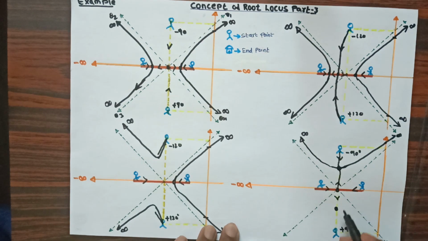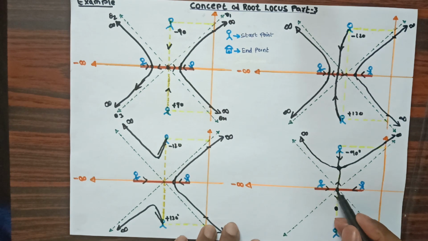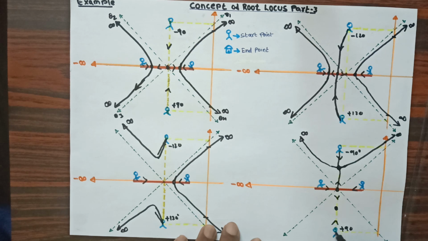Now here the same case, you can see that when these two have met at this point, one has come down, one went up, and we showed the meeting point, that is the breakaway point. Here in this case, one person will come down and one will be going up, that is in plus 90 degree angle. So then they are going to meet at this point, and here this person will come down in this way.